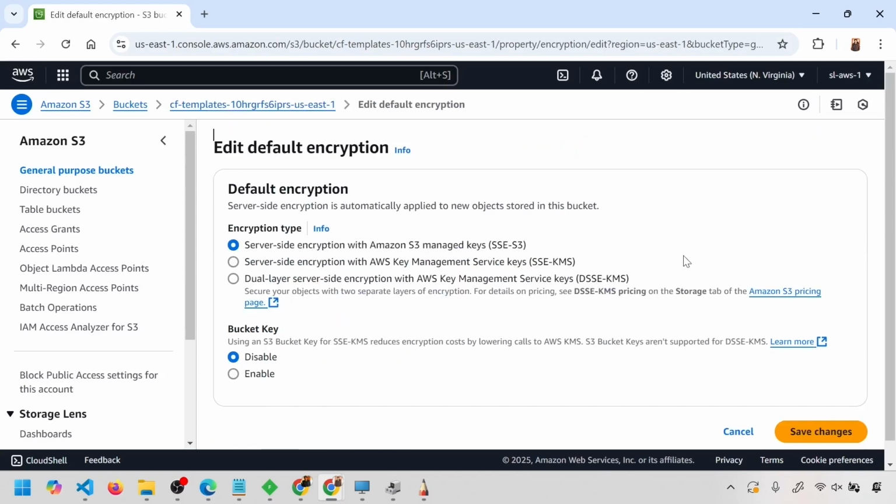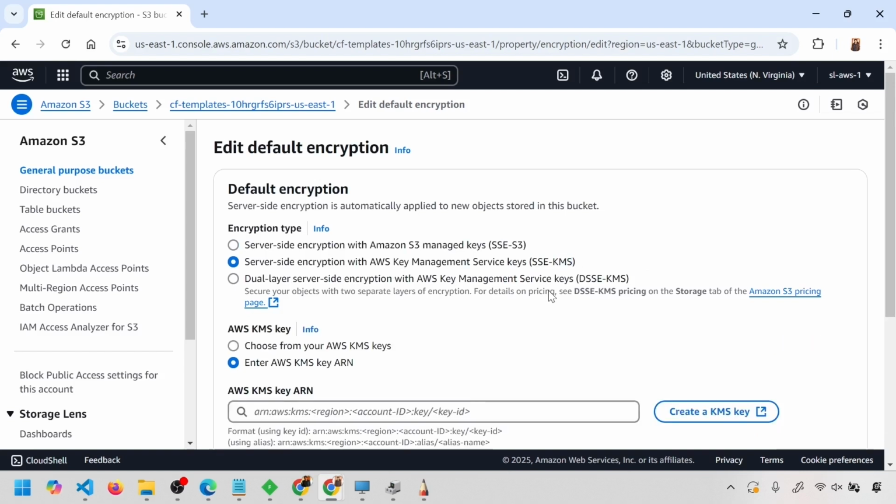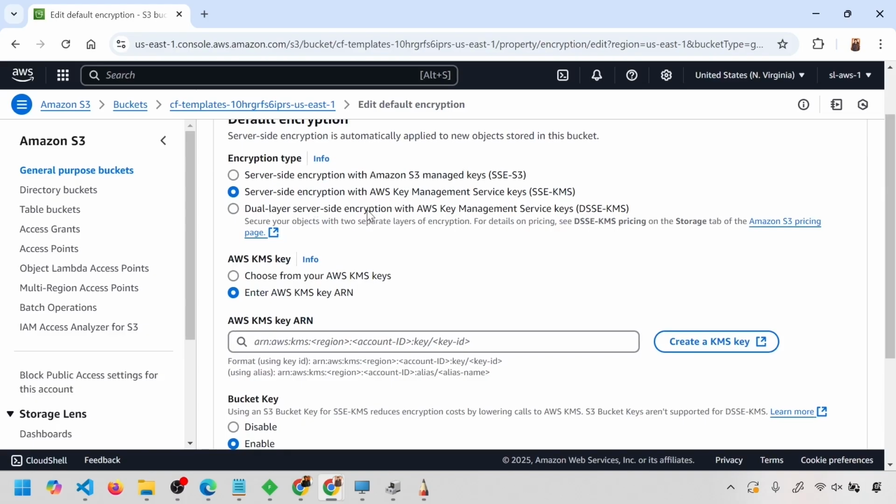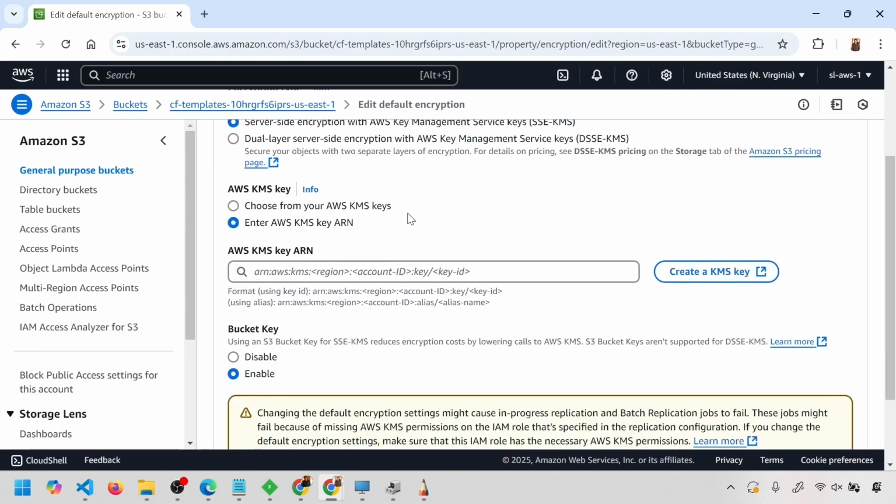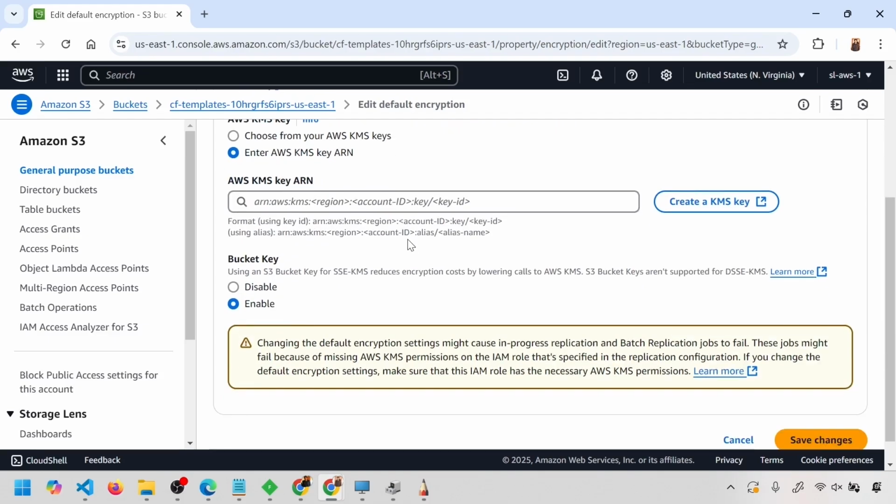If you click on edit, you will see different options. Server-side encryption with AWS Key Management Service, so we'll be using KMS to manage the key. Then there is dual-layer server-side encryption. You can mention your custom key to encrypt the data. A lot of different types of options.